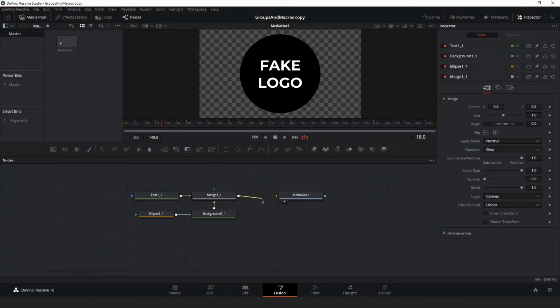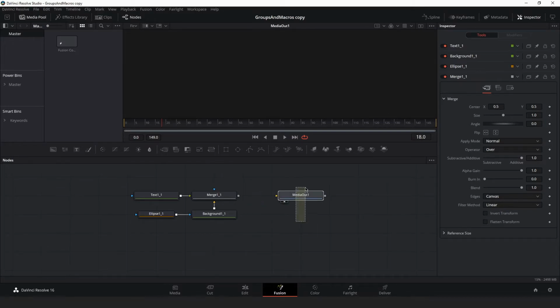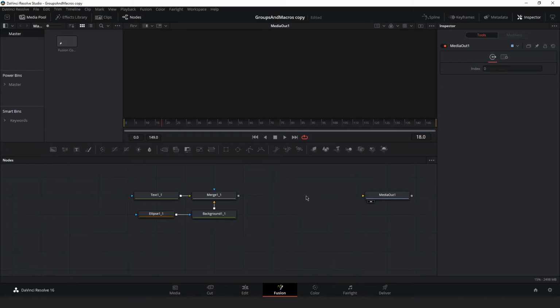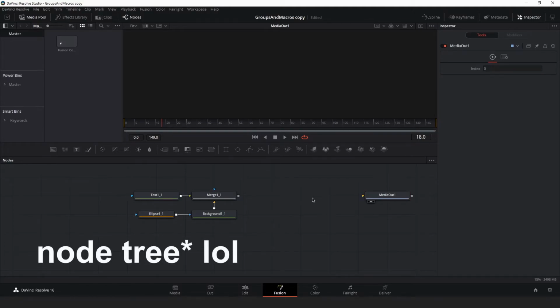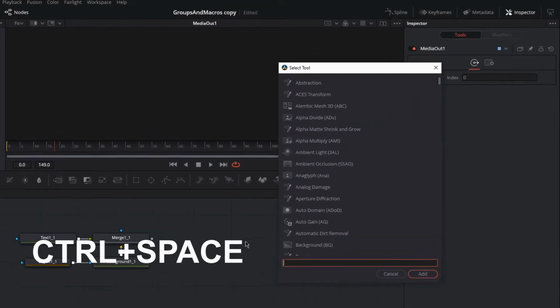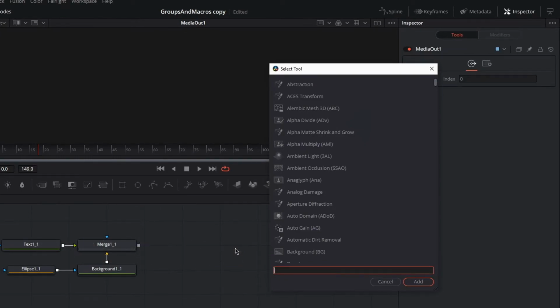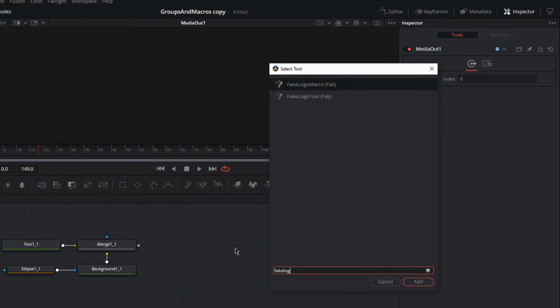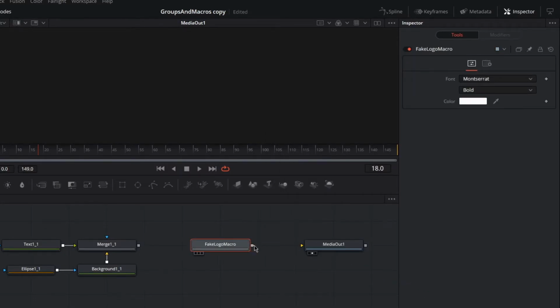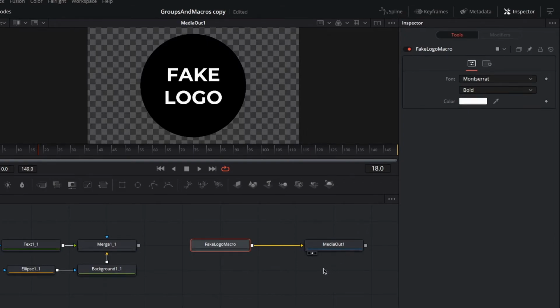Then when I disconnect the loose nodes, I can come into my Fusion tree and press Control Space as though I'm adding any other tool or effect into my Fusion node tree here. Type in fake logo macro, and boom, there it is as its own macro tool. I will add it to my node tree, hook it up to the media out,